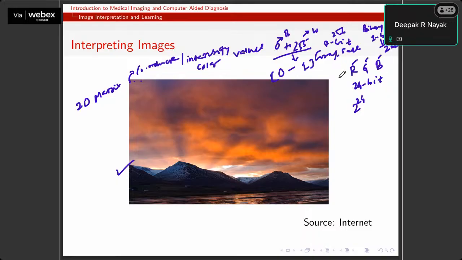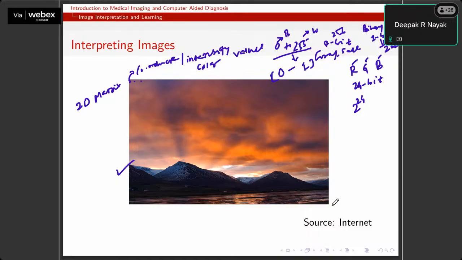There are also images like dermoscopy images, fundus imaging, and other images like pathology images. So they belong to the color image, right? And a color image is nothing but a 24-bit image, where every pixel has 3 different values with respect to 3 different channels. That is what we have discussed right now, right?